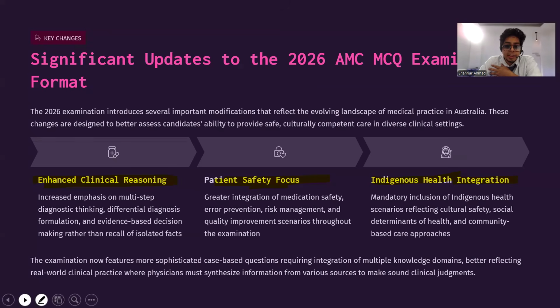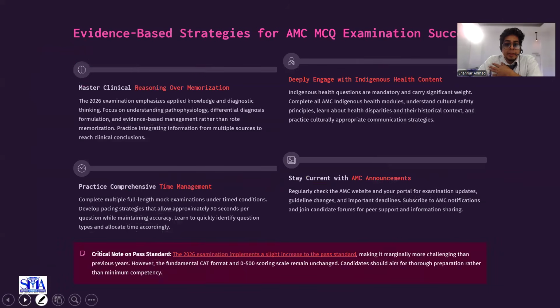Okay, moving to the next slide. Same thing, clinical reasoning, more clinical reasoning. There's one group of doctors who keep treating exactly as we teach in the class. This kind of study will not work in coming days. What is it called? Memorizing. Some people say it like that.